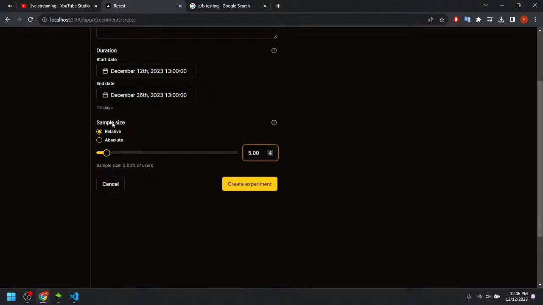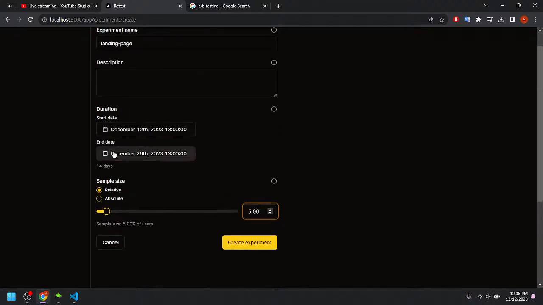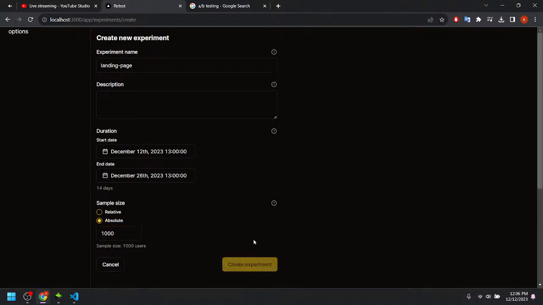We can choose our sample size. Later on we will be defining our variations, but first we want to establish a sample size. It could be relative or absolute. For example, it could be relative to 5% of users, or it could be absolute. Let's say 1,000 users, and we can create the experiment.